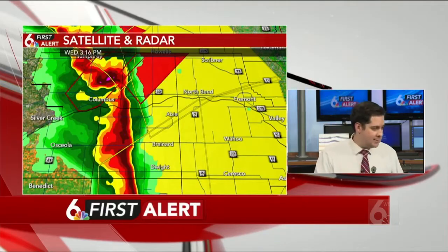So again, if we go back to radar here, we can take a look at the Columbus area. You'll notice thunderstorms in the area, and you are under an active tornado warning at this time. However, it looks like the Columbus area, you're kind of on the back edge of that, so it's likely that we're just starting to see the very strong gusty winds that we were talking about moving in behind these thunderstorms starting to get involved as well. But just wanted to pass it along. We do have a report from the Columbus Municipal Airport, gusted up to 59 knots, which is roughly almost 71